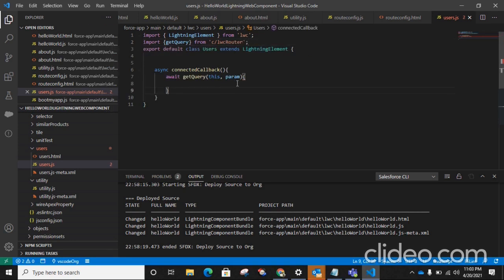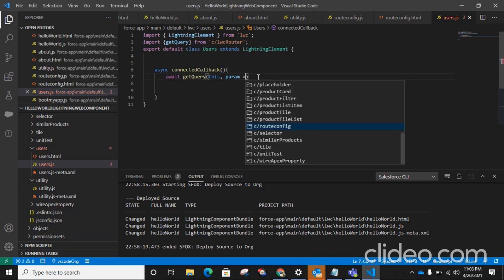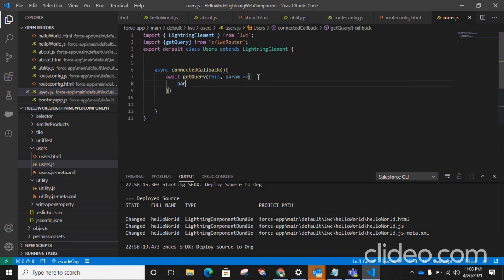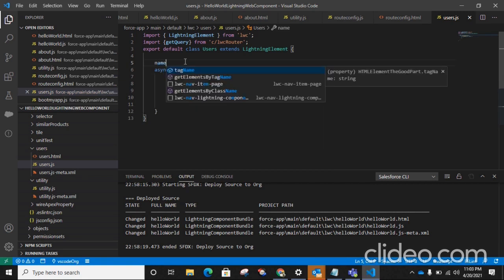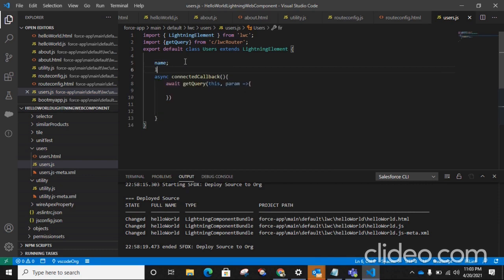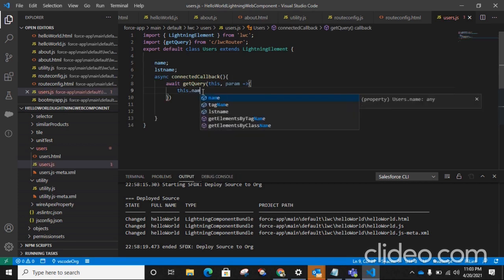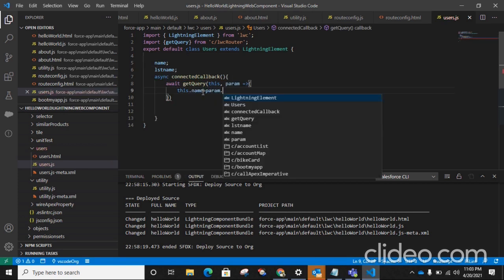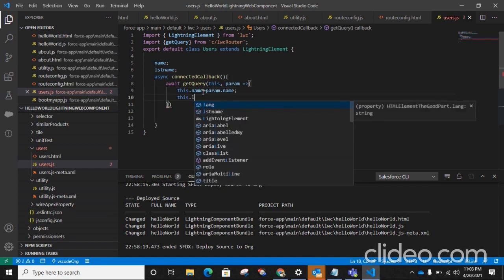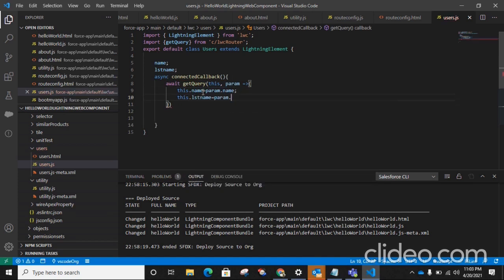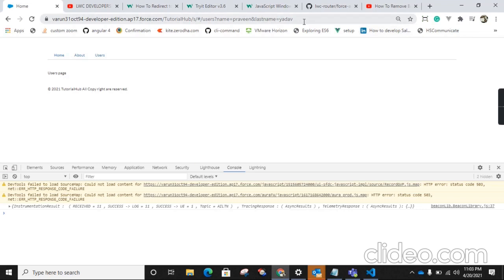Use this function. Declare name, last name. this.name is equal to param.name, this.lastName is equal to param.lastName. Just check the parameter name, last name.